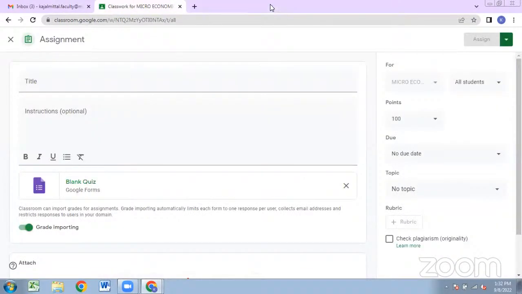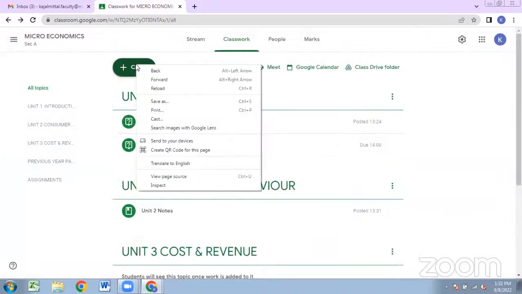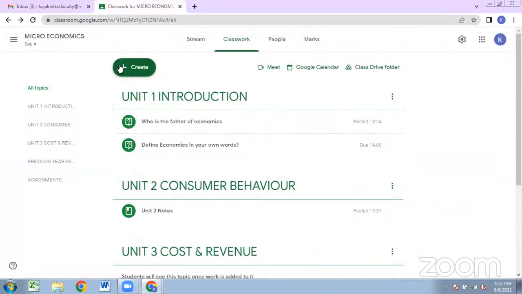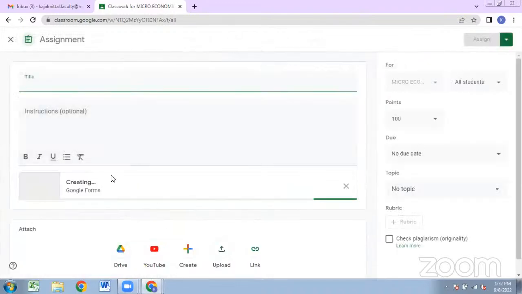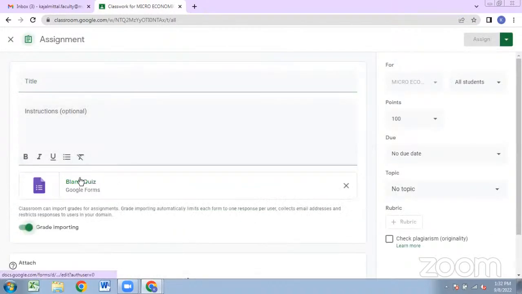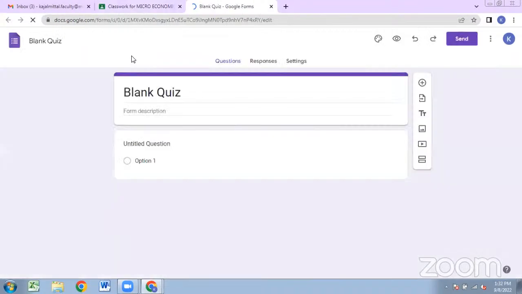So if you want to ask the student and if you want to give an assignment based on quiz format, you have an inbuilt feature in this quiz assignment. So as you click on, I'm again repeating, as you click on this quiz assignment option, then automatically a Google form will appear over here. Fine. So if you click on this quiz option, we can add the